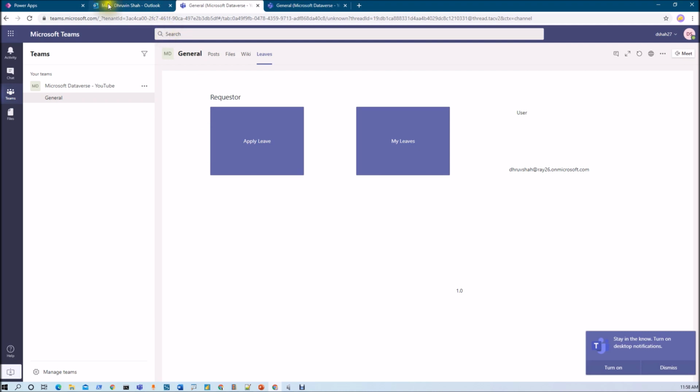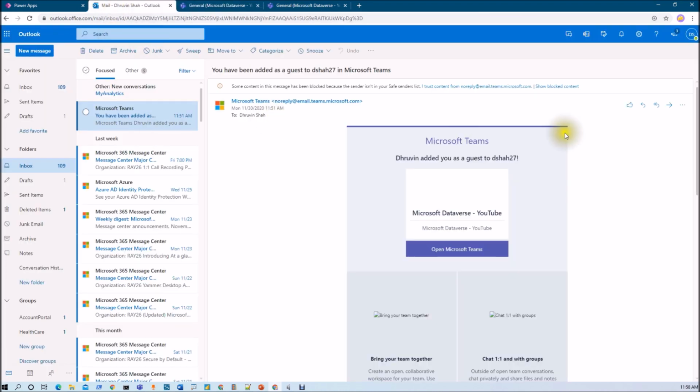So let's say for an example, this Ray26 Dhruvin Shah user already has some Power Apps license assigned, and it has an E5 subscription available. So what happens here is whenever this user has been added as a guest from any other tenant, they will be able to access the Power Apps.